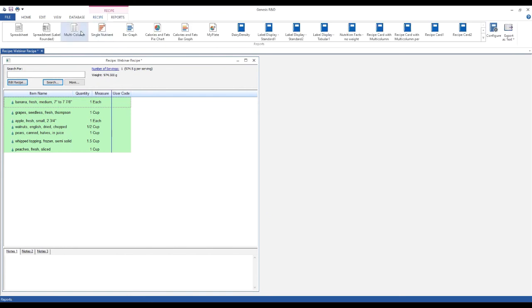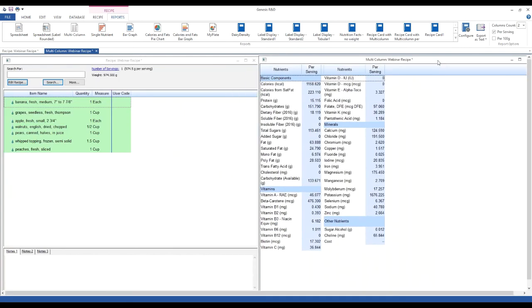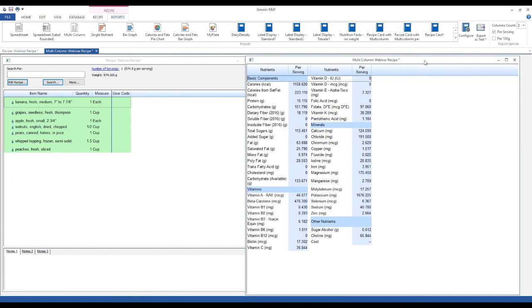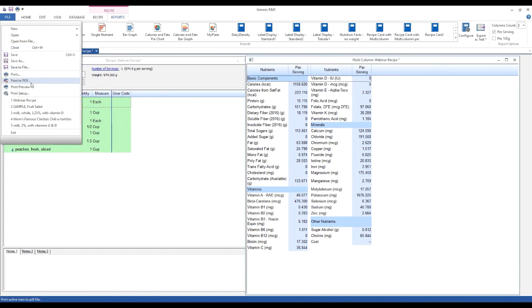I'll go ahead and open up our multi-column report so we can take a look at a few ways to export individual reports. And then we'll take a look at there is a way to export multiple reports at the same time as well. So if you're wanting to export a single report, we've got our multi-column report here. We want to export it into a PDF file. To do that, you simply go into File and then Print to PDF, and it will create this multi-column report